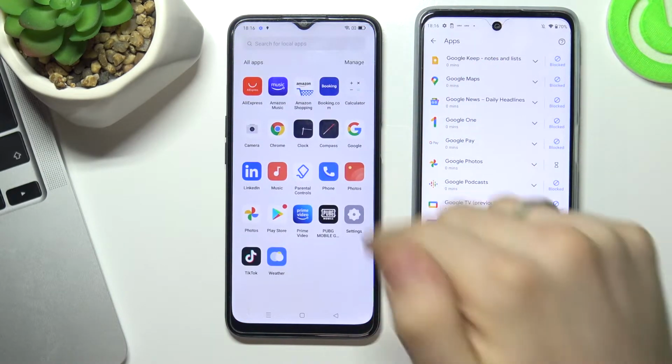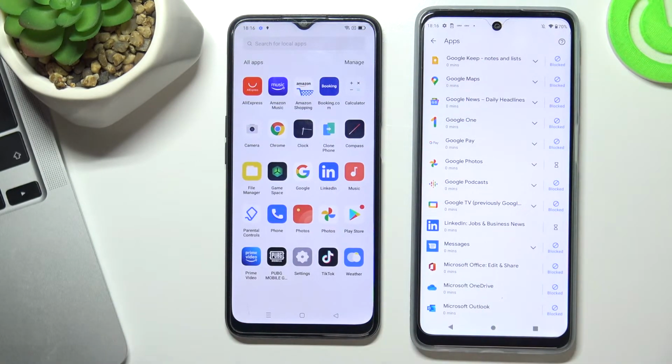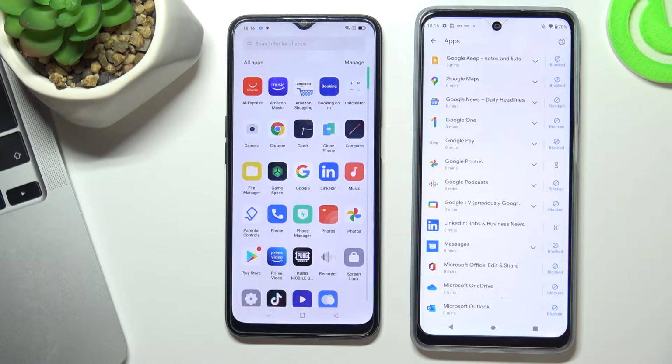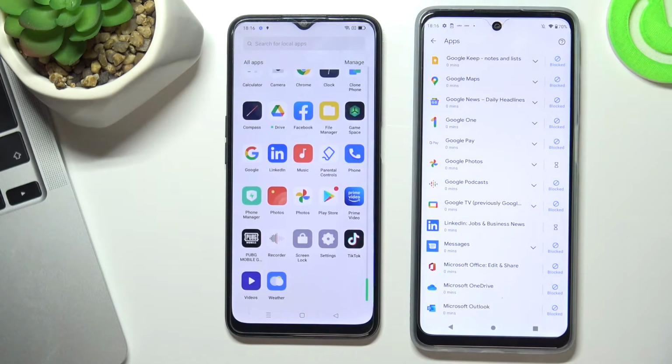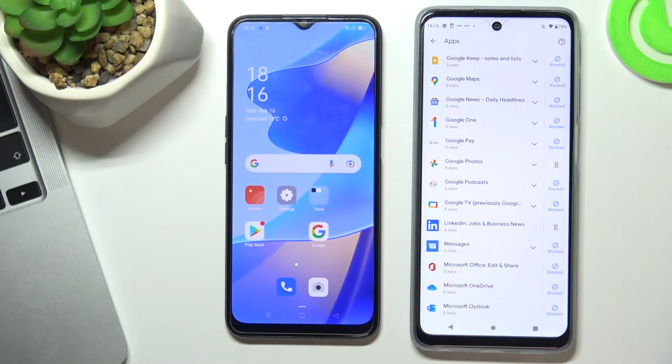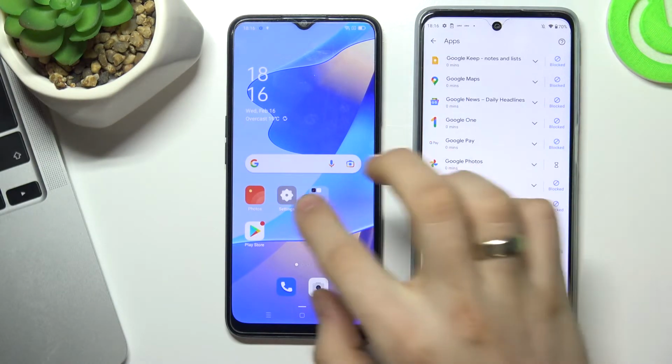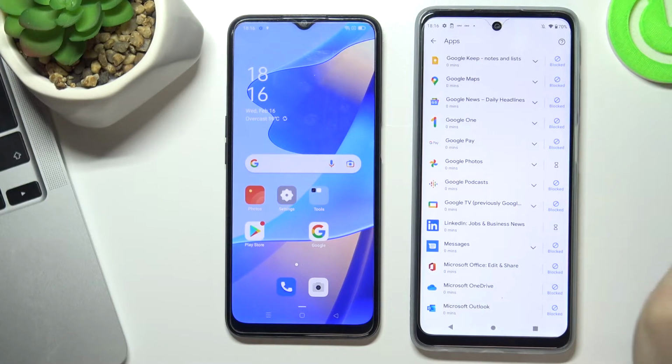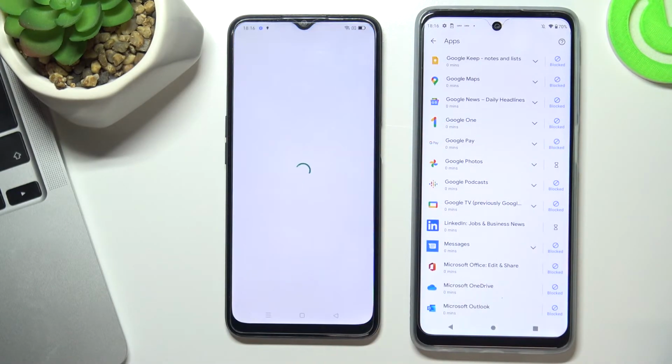And now we can see that all apps are unlocked now. But our Google account was deleted. So what we can do to recover it? You need to open Play Store, choose Sign In, choose Sign In again,